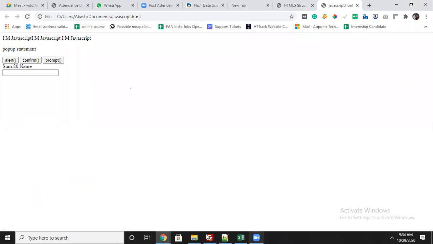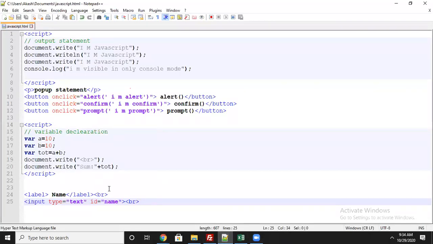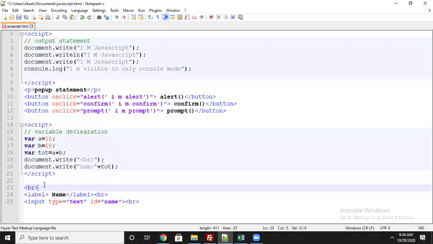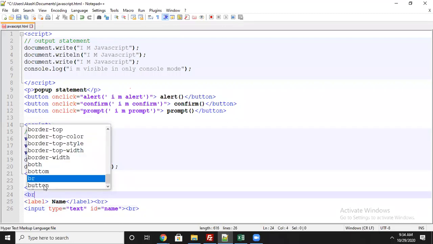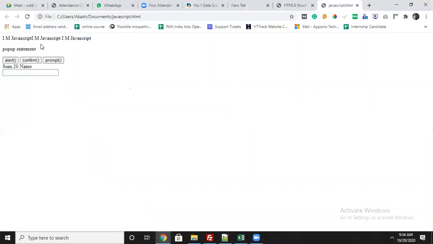If you want a completely new line, you can take one more br on the top. Keep br two times. Br means it will break. Now see, this becomes separate. You can see here name.